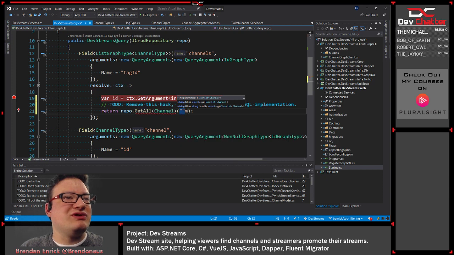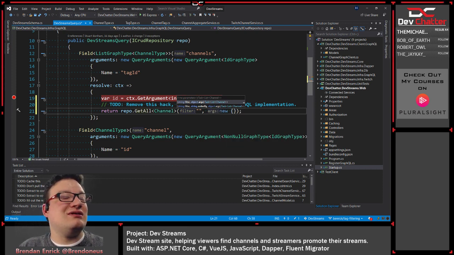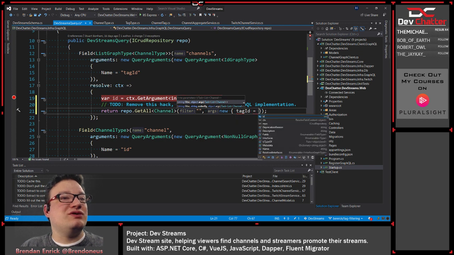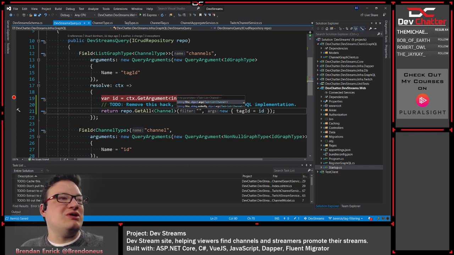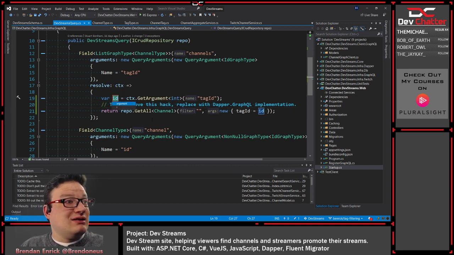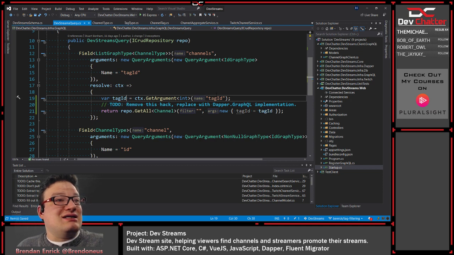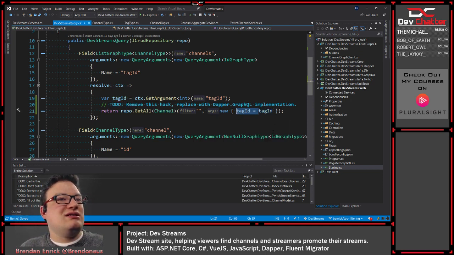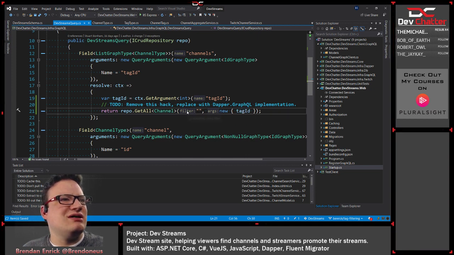We're going to pass in a filter, and then we need to pass in our arguments, which in this case is going to be a new object with tag ID equal to ID, but I'm going to rename that value because I don't want it to be called ID long term, because that's not the right name. So we're going to call it tag ID. So tag ID is tag ID. We'll do it that way. So we're going to make a new anonymous object with a single tag ID on it. That's going to be the only property of that object. We're going to have a filter that is going to be